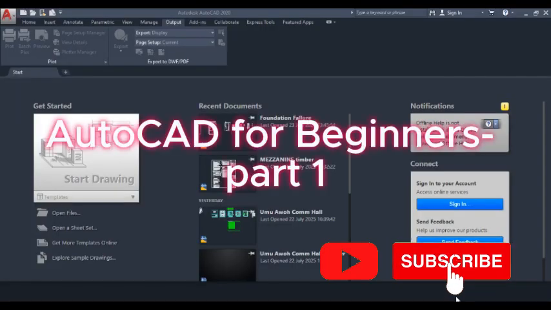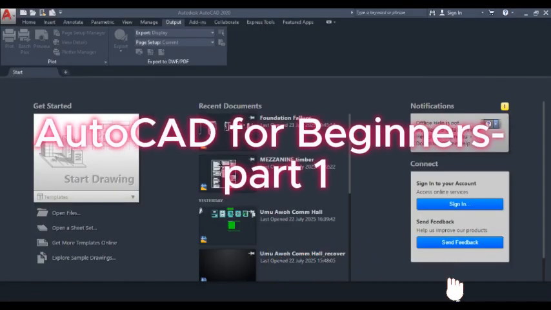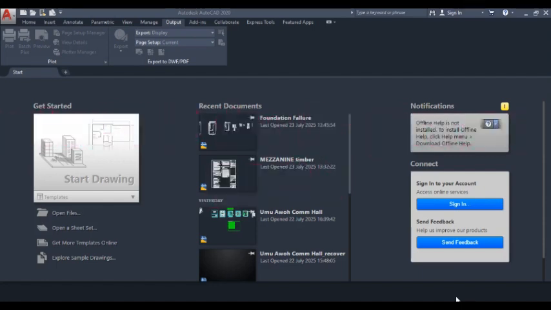Welcome to the AutoCAD Complete course for beginners. If you're completely new to AutoCAD, this is the perfect place for you to start. In this video, we'll take a quick tour of the AutoCAD interface, understand what it is used for, and set up our first drawing. By the end of this video, you will feel confident navigating the workspace and ready to start